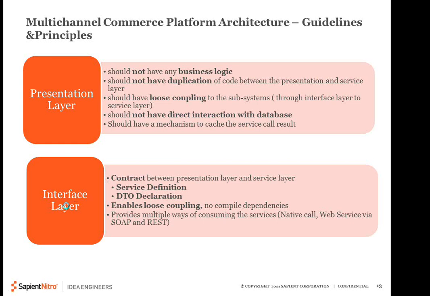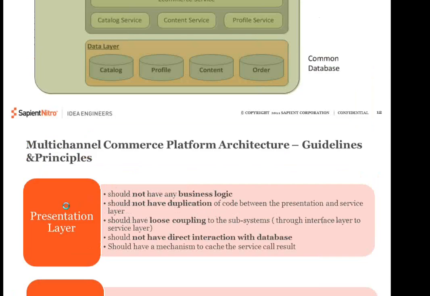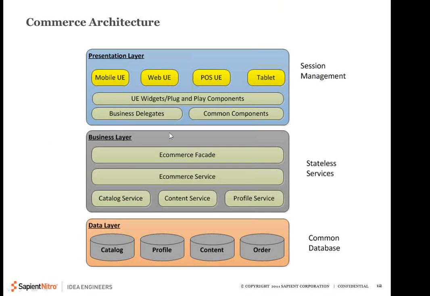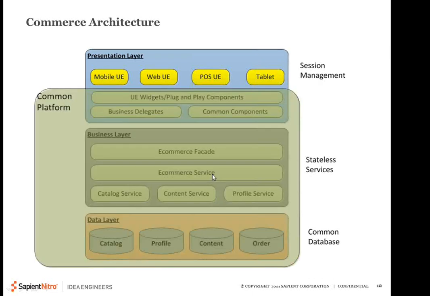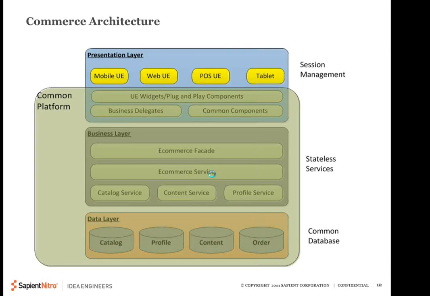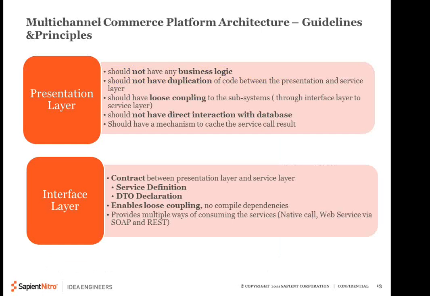And next comes the interface layer. I'll go back to this interface. So you have a presentation layer and you have the interface layer. This is the contract between the presentation and business layers. If I go back to the guideline, it is the contract between the presentation layer and the service layer. It has all the service definitions and value objects or DTO declarations. It enables loose coupling, and that means no compile-time dependencies. And it provides multiple ways of consuming the services. You can actually develop multiple interfaces. It can be a native call, which you just consume as it is,